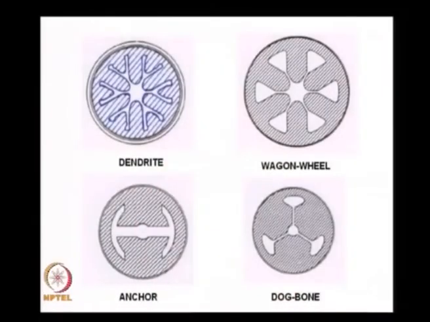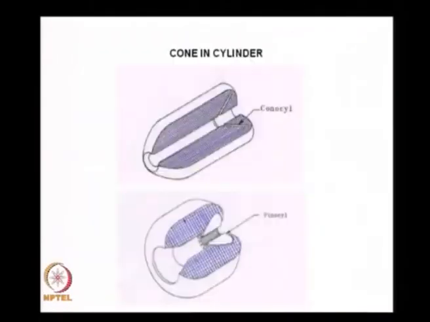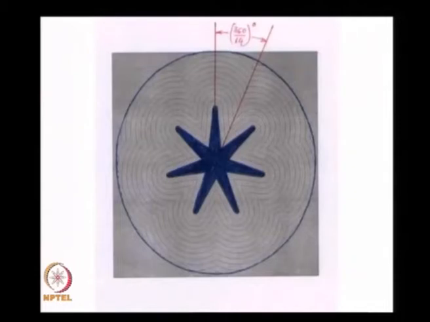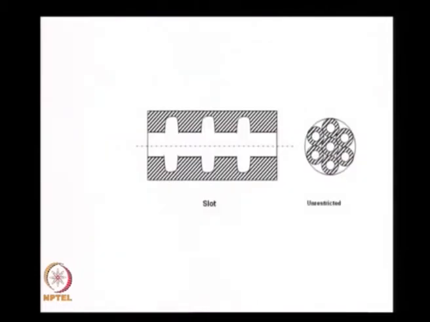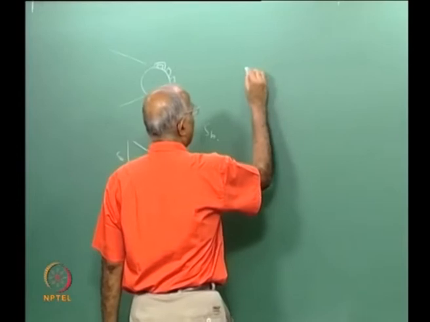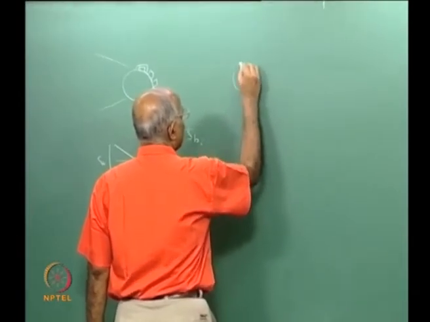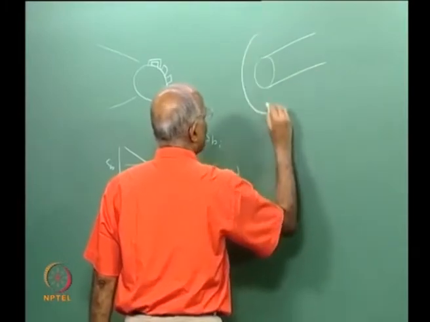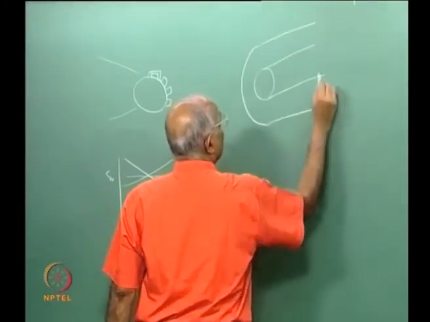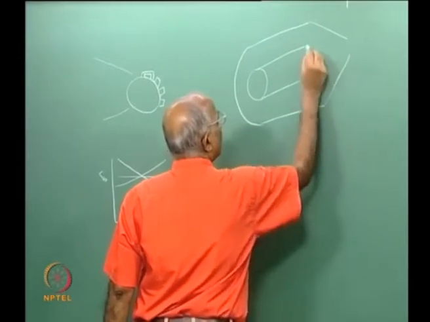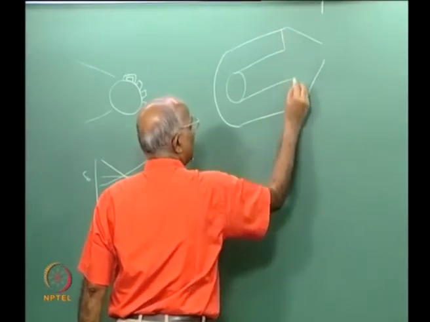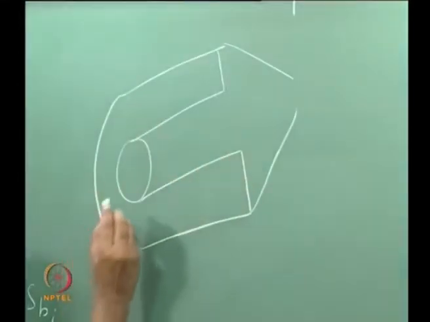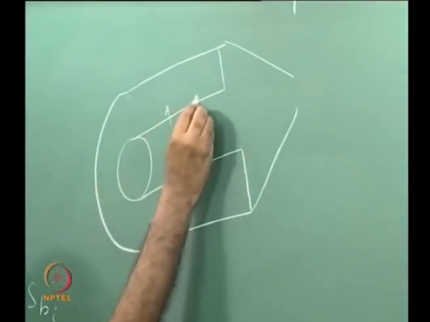Having said that, let us now go to the star grain, which is of primary interest. Well, I forgot one grain which is known as a slot grain. So far, when we considered these different grains, we essentially considered, let us say, a cylindrical grain, wherein I have something like a cylinder. This is the length, maybe this is my outer case, and here I put my nozzle. We told ourselves this end is insulated, it does not burn, and what is going to happen? Burning takes place along this surface,